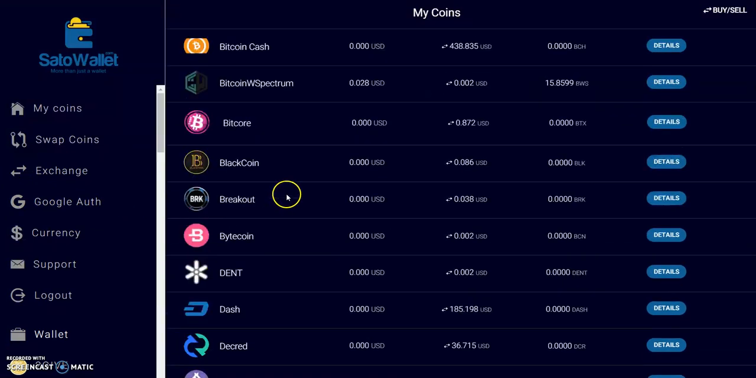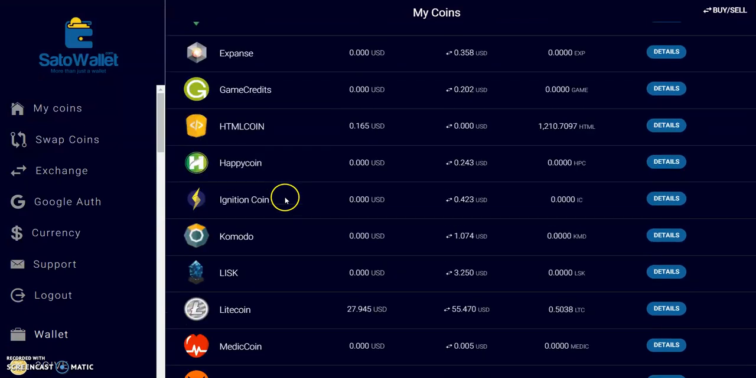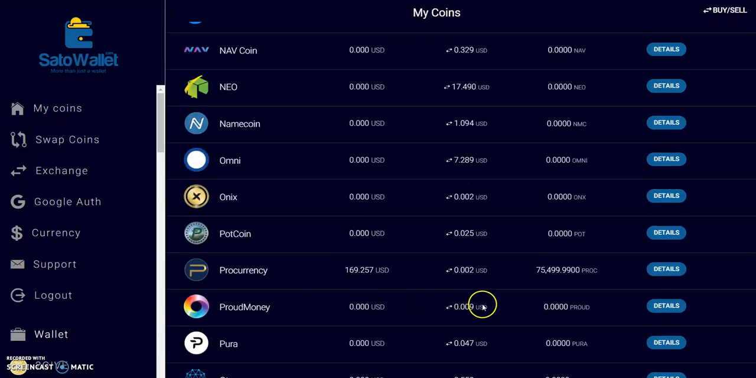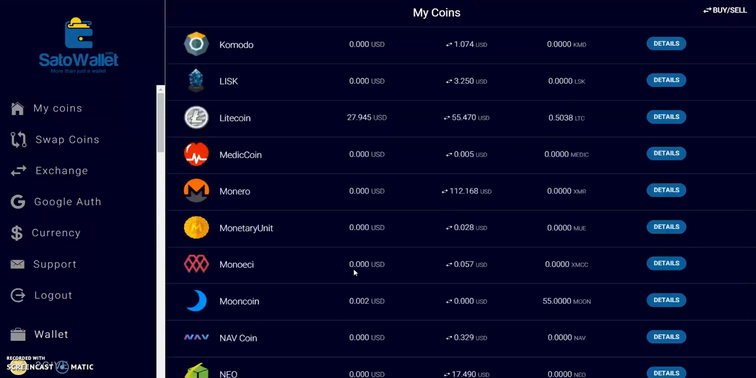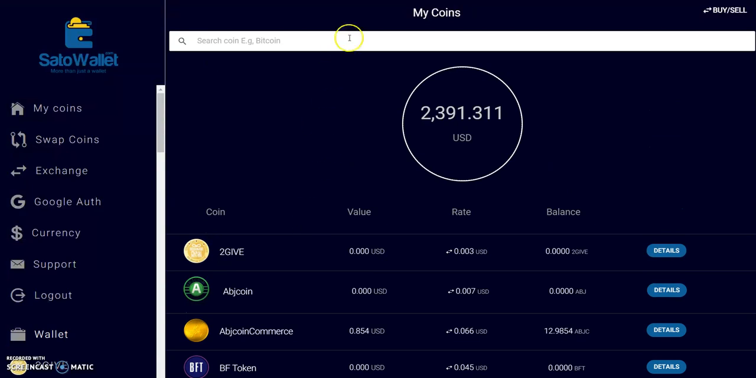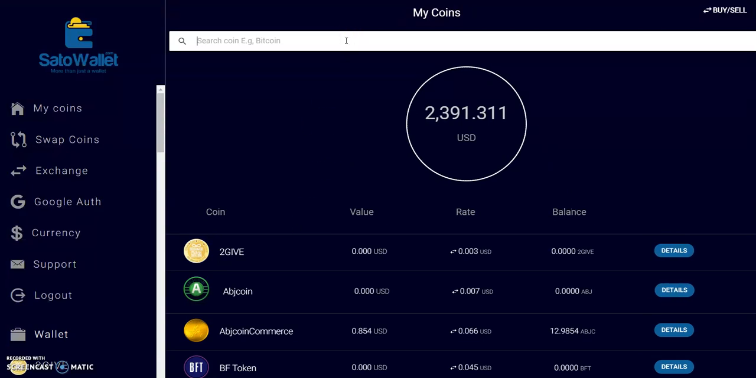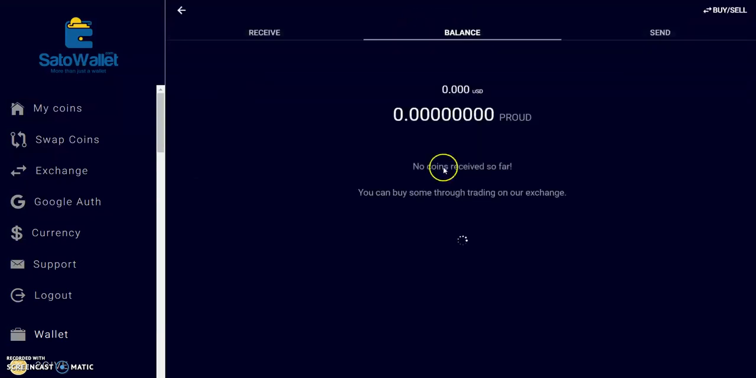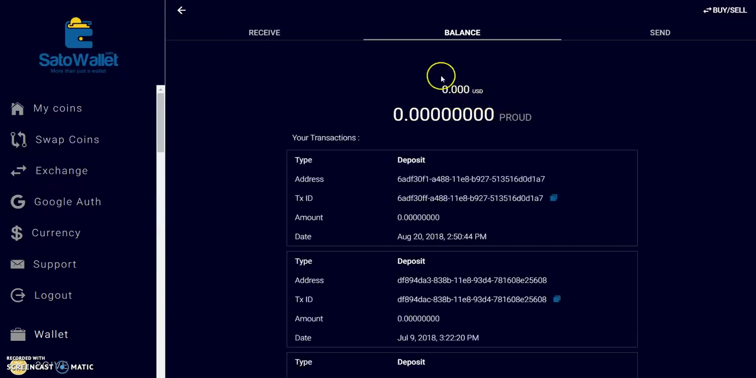But here is the list of coins on the app, and we're going to use Proud Money right now. Okay, here's Proud Money, and you can either scroll down or you can use this search bar right here to search for a coin, which is a lot easier. Proud Money. Okay. Well, here's my Proud Money balance, and here's the equivalent balance in USD, and here's the